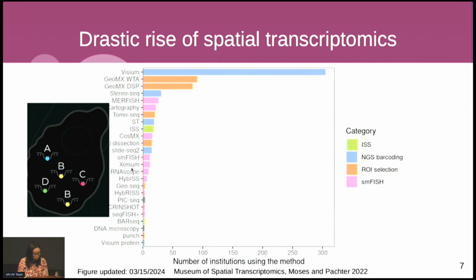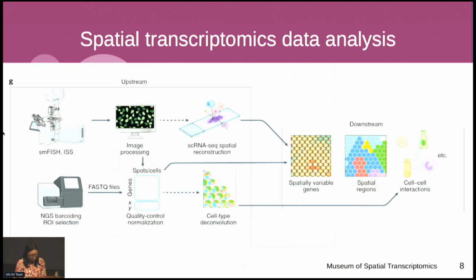However, usually these are not transcriptome wide, and so usually people would quantify a few hundred genes per dataset. But the number of genes is also increasing, with the new version of Xenium that has a 5K gene panel. So that's a very short intro to data collection for spatial transcriptomics.